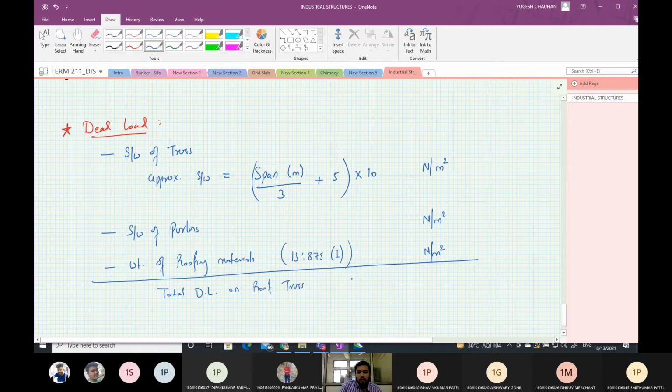Usually this value ranges between 0.3 to 1 kilonewton per meter square. This is the approximate value.